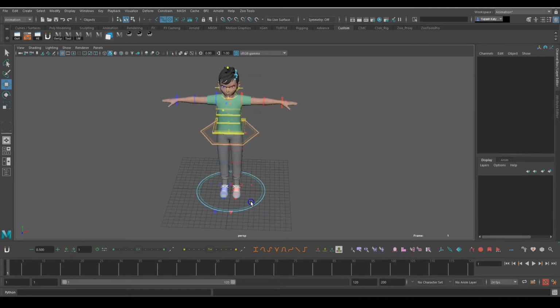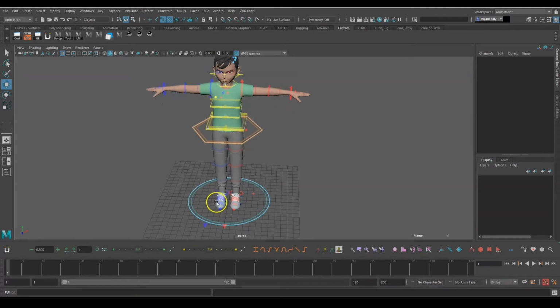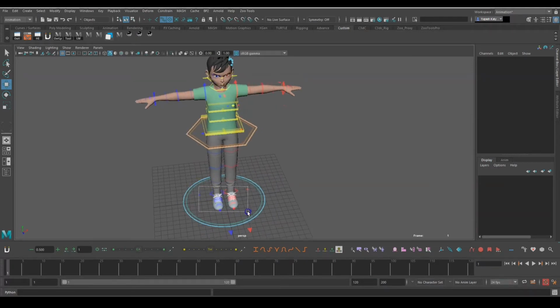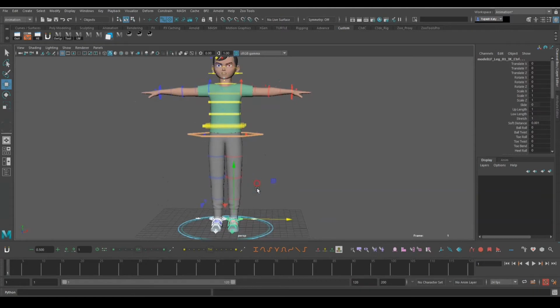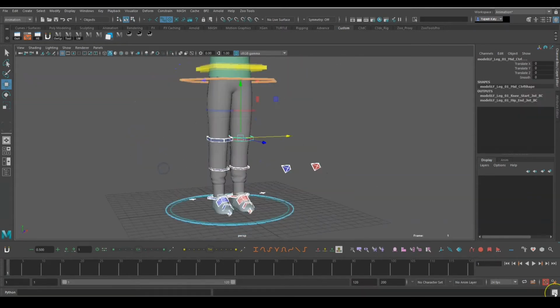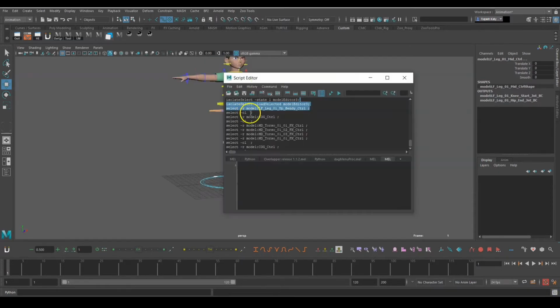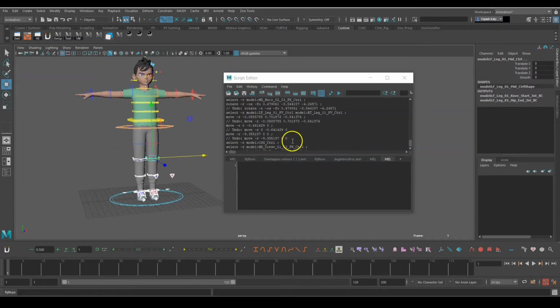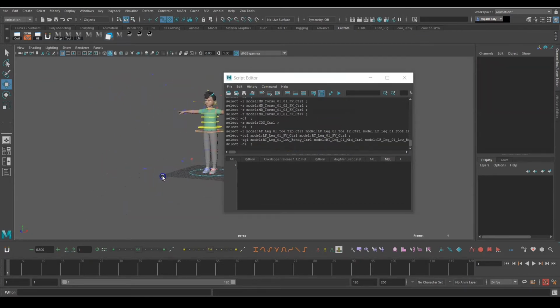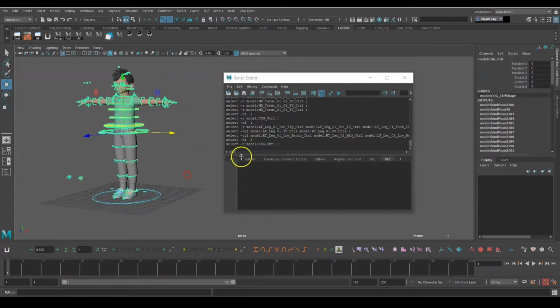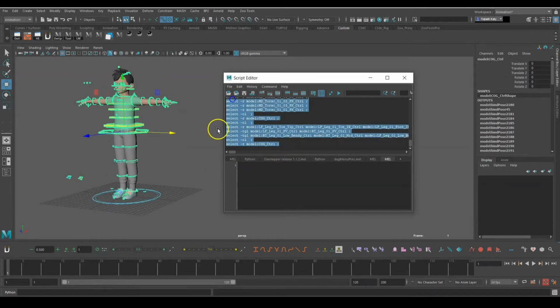After this, select all these controls and make a selection set. First, go to the right side corner and open the script editor. Once you open it, you will see there is so much information here. Whatever we do, like selecting something, all the information gets stored here.